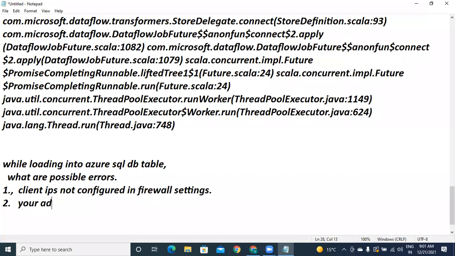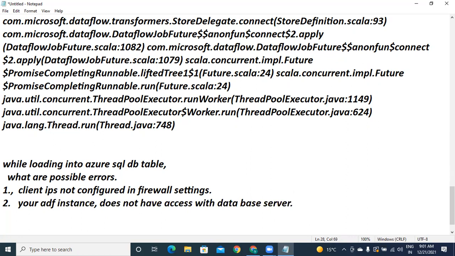The second error is that your ADF instance does not have access to the database server. This is another mistake.